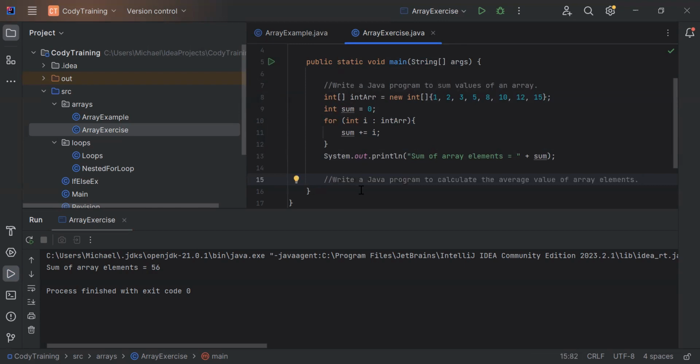So here we need to write a Java program to calculate the average value of array elements. Do you know what that means? How to calculate an average value for an array? Like I will tell you to calculate